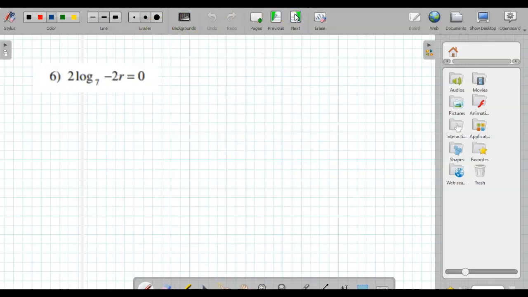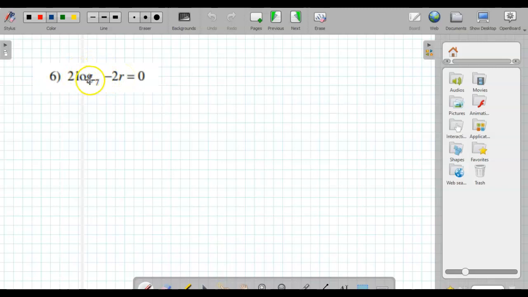Okay, the problem that we're getting ready to do right here, I chose this one for a couple reasons. Number one, it's a little bit misleading. Number two, it is a lot different than number 5. So first of all, let me address what I find misleading. This looks like it is 2 log 7 minus 2r. However,